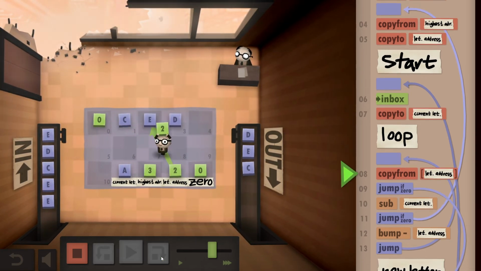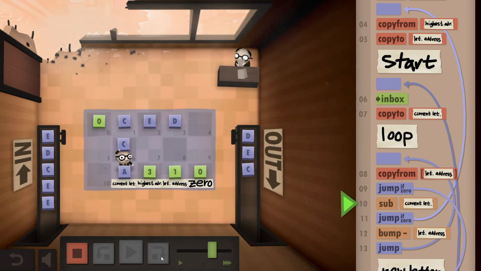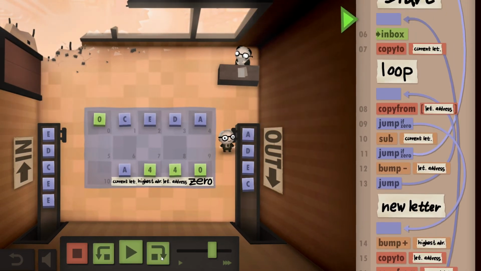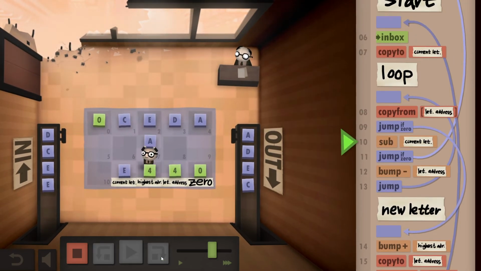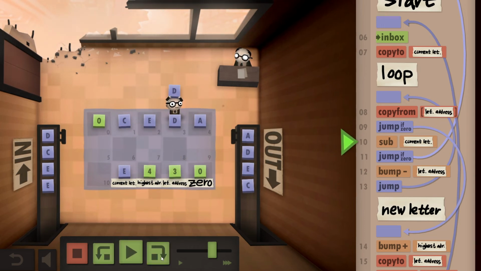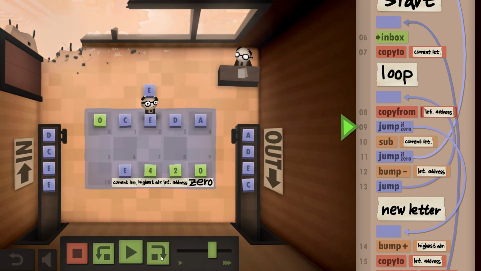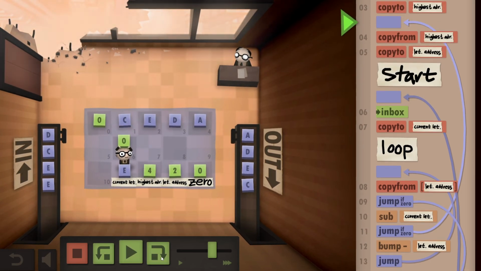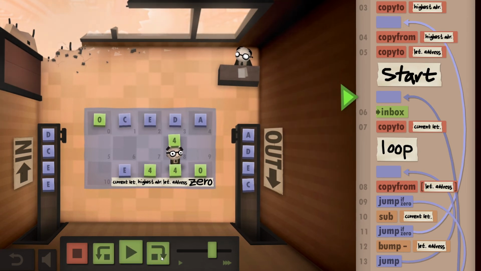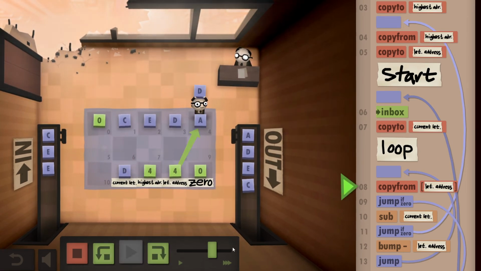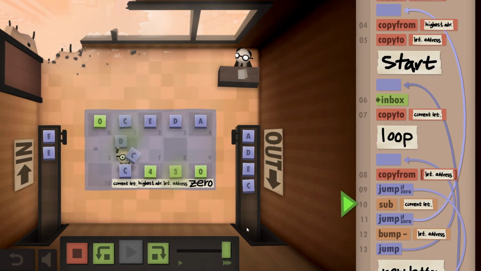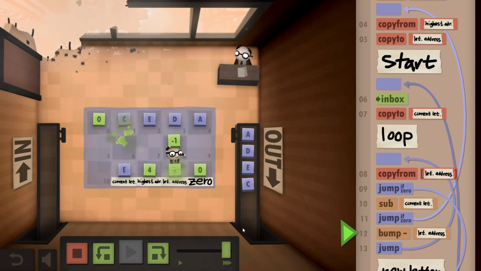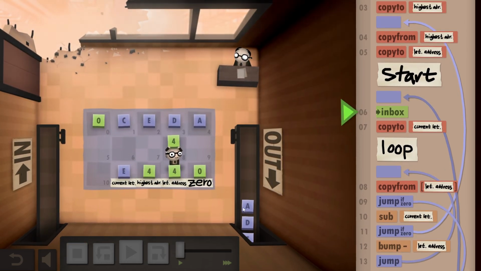Okay, let me see something more interesting. So A is a new one. But E is not, but it's also not the very first one we see. So E, we should jump if we see 0, copy from the highest address. Yeah, and then that's kind of good. I don't know. Did that help with the efficiency? It's a little weird. It's harder to understand, probably. I mean, I could kind of label it, but it's almost kind of weird because I have to say, like,